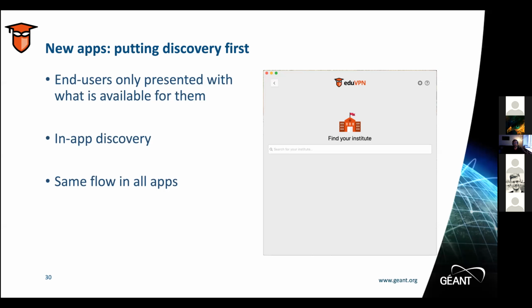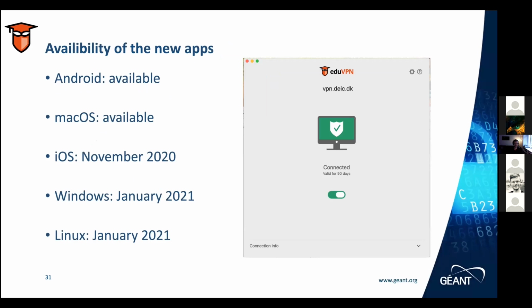We want the same flow, same design in all the apps. And we want to stay as much as possible in the app environment. Especially if people use SAML, there's always a part of the authentication process where you're sent to the web, typically to your identity provider login page. But most of the flow is within the apps, and we think it contributes to reinforce the quality of the experience.